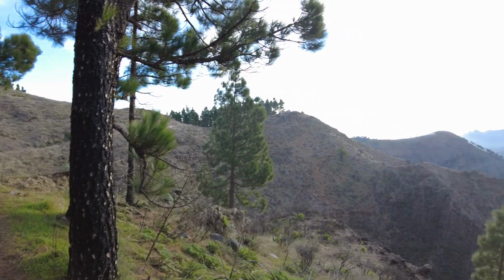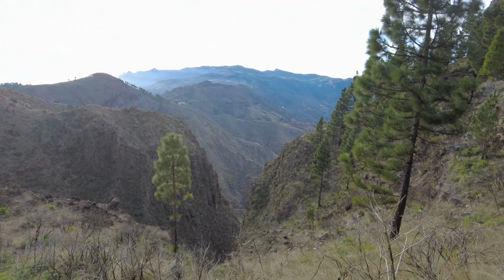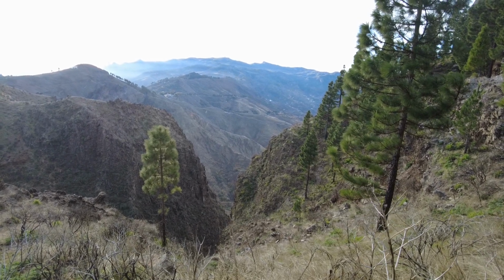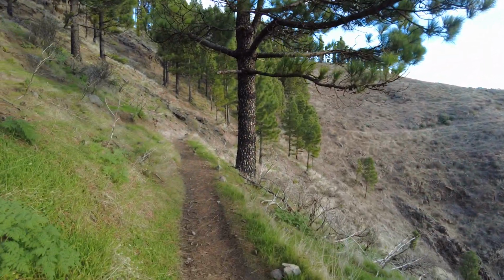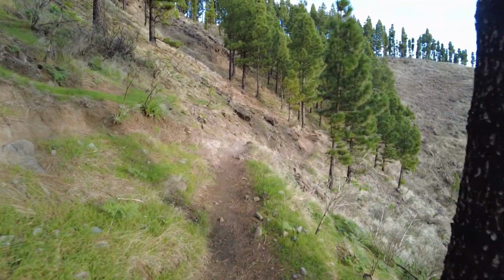But you can see these views. The scenery is just beautiful. It's so rugged, and you kind of think, what would it be like to live in one of these little white houses dotted on the hillside in these towns? I guess it seems quite a romantic idea,